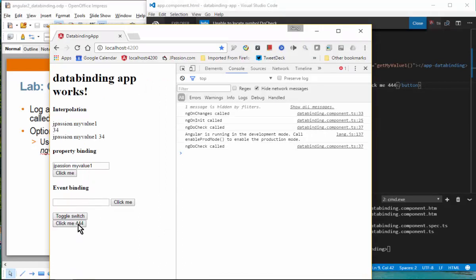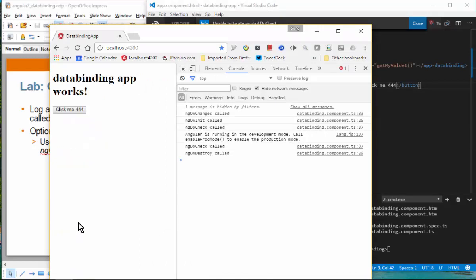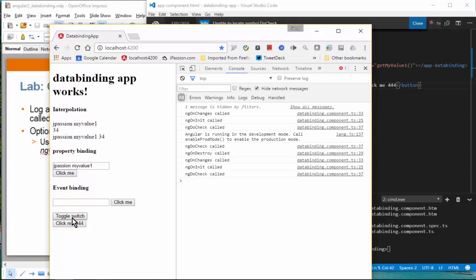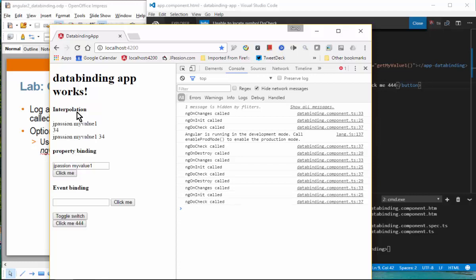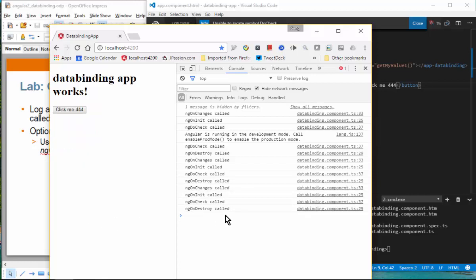So whenever I click this guy, you can see destroy is in fact called, the component is destroyed, and now we are creating it, and then destroyed. So depending on the switch, the data binding component gets created and destroyed. That's basically what I'm demonstrating. Okay, so that is the